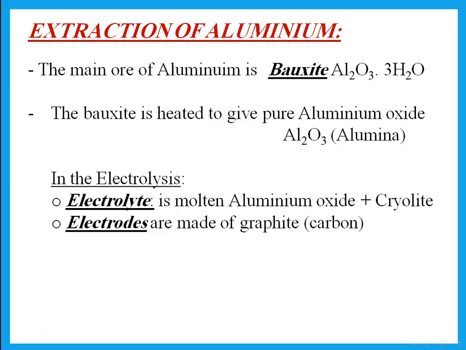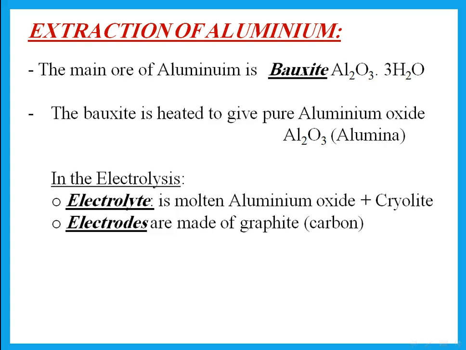Now this bauxite has some water in it, so we heat it to remove the water and get pure aluminium oxide, or what is sometimes referred to as alumina, aluminium oxide, Al2O3. Okay, and then we said we need to do electrolysis. Now the next question would be, are we doing electrolysis of molten aluminium oxide or aluminium oxide dissolved as a solution? Well, we said if we dissolve aluminium oxide, we don't get aluminium, or if we dissolve the solution of